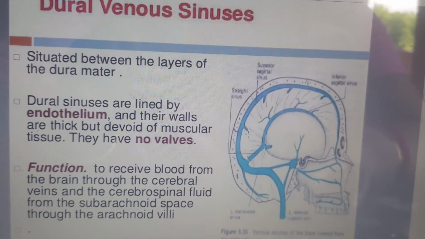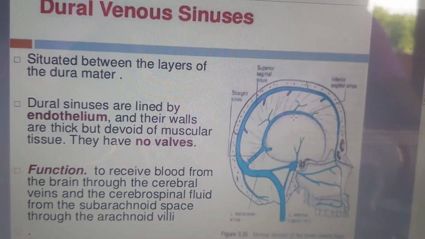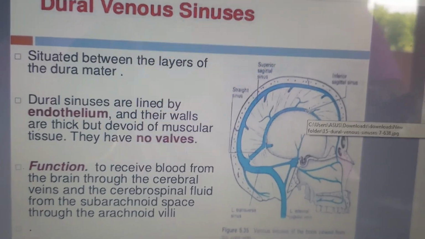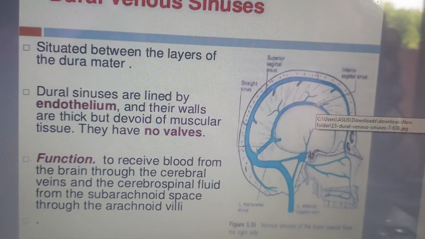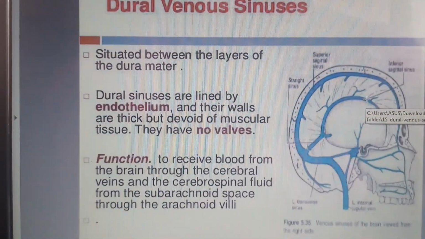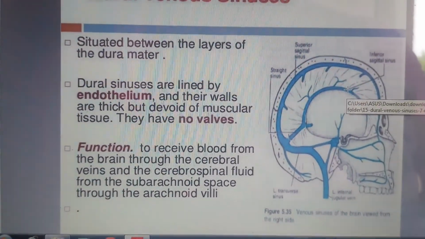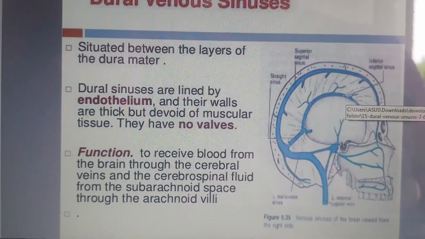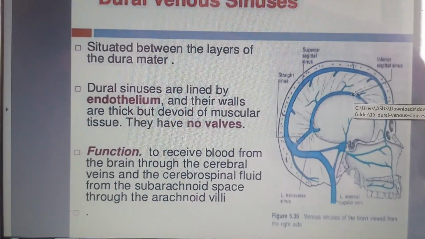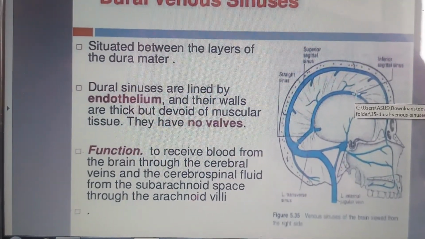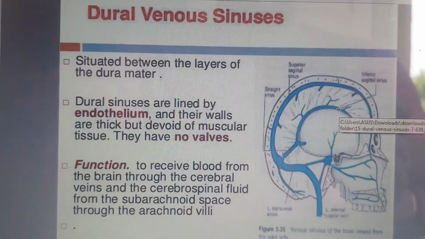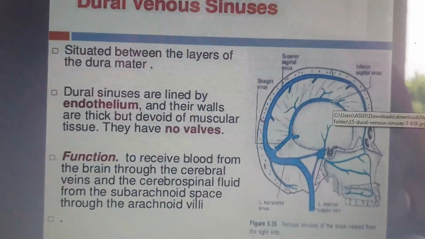Now we come to the dural venous sinuses which are situated between the layers of the dura mater, and they are all lined by endothelium. Walls of the dural venous sinuses are very thick, but they do not contain any muscular tissue. They do not have any valves. What are the functions of the dural venous sinuses? Their function is to receive blood from the brain through the cerebral veins, and also the cerebrospinal fluid from the subarachnoid space through the arachnoid villi. So these dural venous sinuses which are found inside the